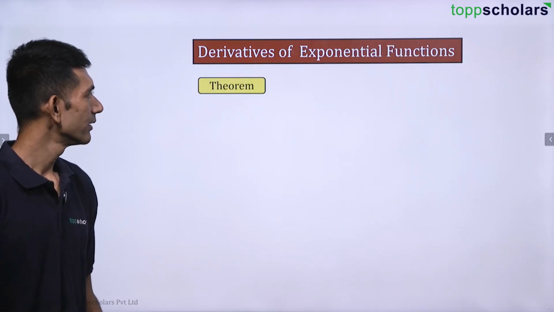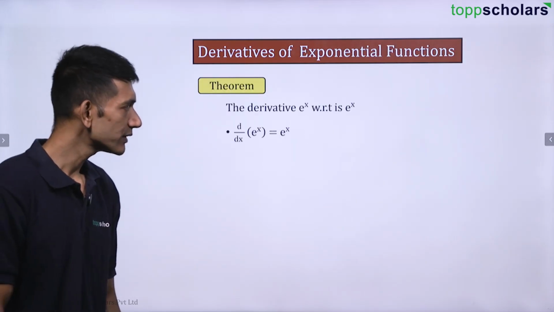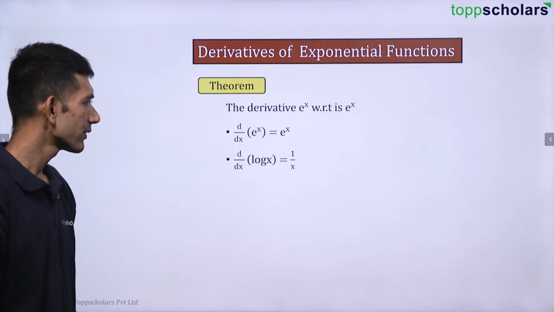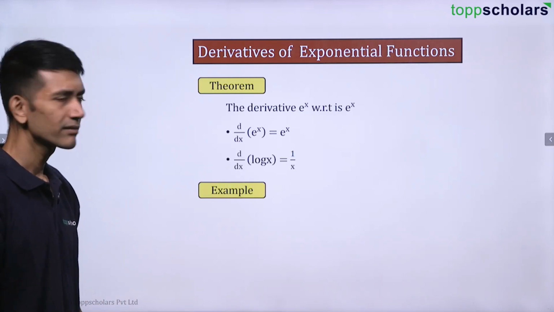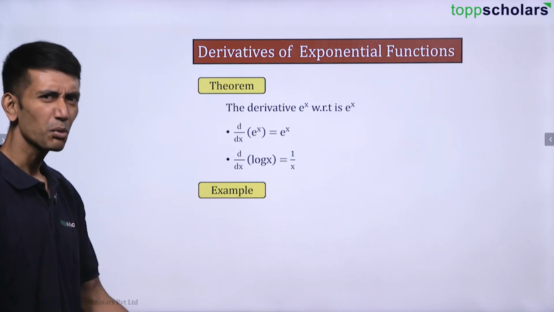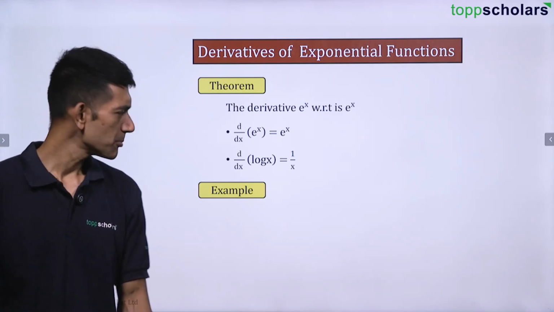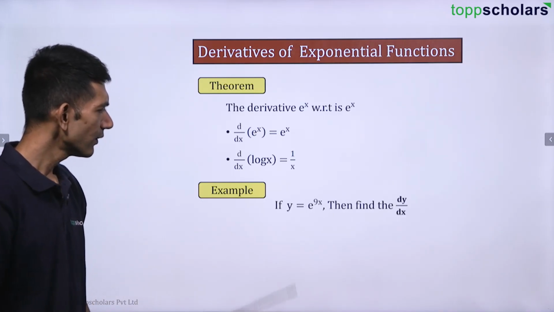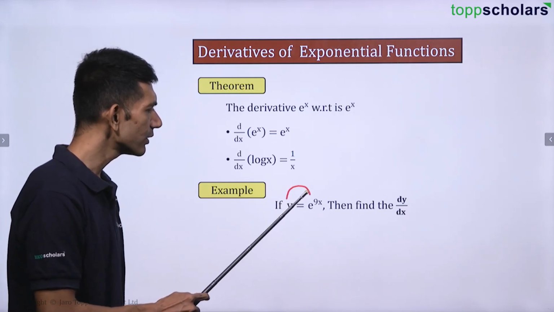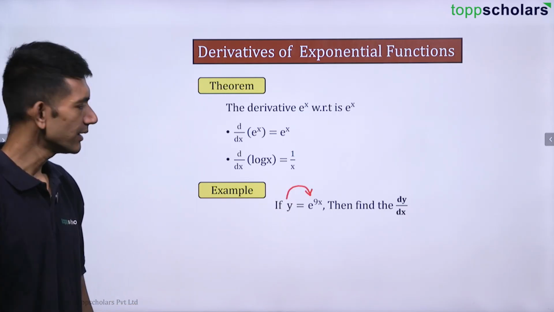Okay. Now the derivative of e raised to x with respect to x is e raised to x only. Derivative of log x is 1 by x. Let us see some examples based on exponential and logarithmic functions as well. So here we have, if y is equal to e raised to 9x, then find